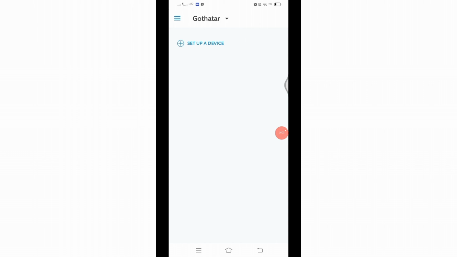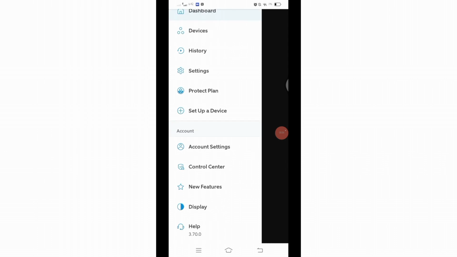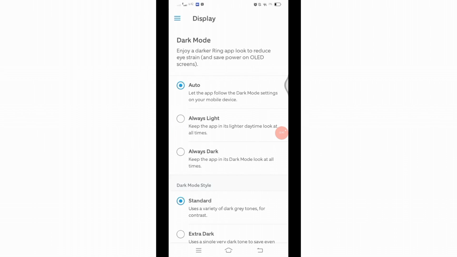Once you reach this interface of your Ring application, here on this page at the top left, you will see 3 horizontal lines. Click on those lines to access more menu. Within the menu, scroll down to the very end and there you will see the display option. Click on display option here and you will be redirected to this page from where you can enable dark mode